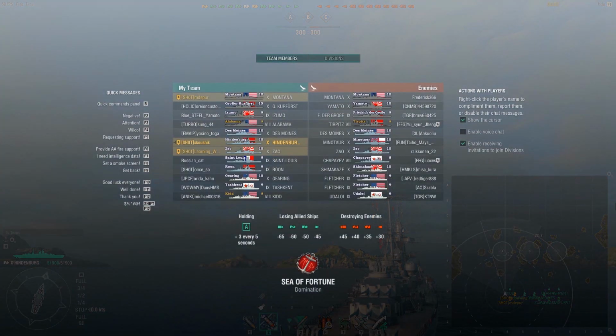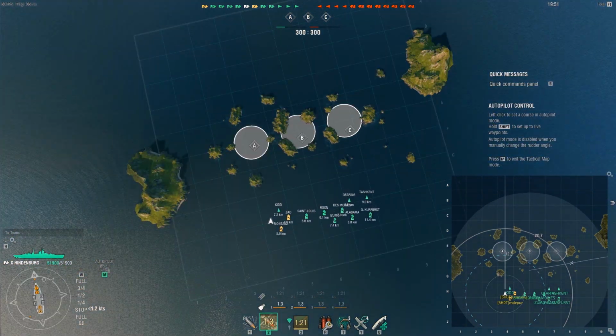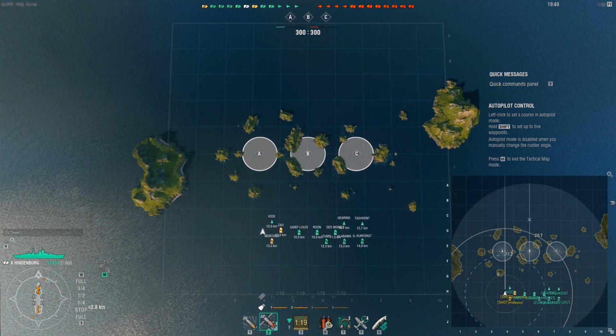This replay features xkoushik of the Schott clan playing in the mighty Hindenburg, the Tier 10 German heavy cruiser. He's divisioned up with a couple of his buddies from Schott playing in the Montana and the Zhao, the Tier 10 American battleship and Japanese heavy cruiser respectively, and they're playing some domination here on the map